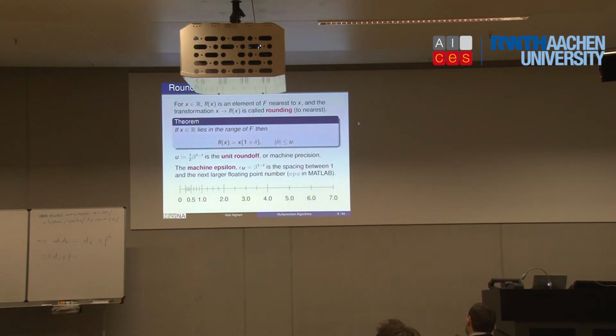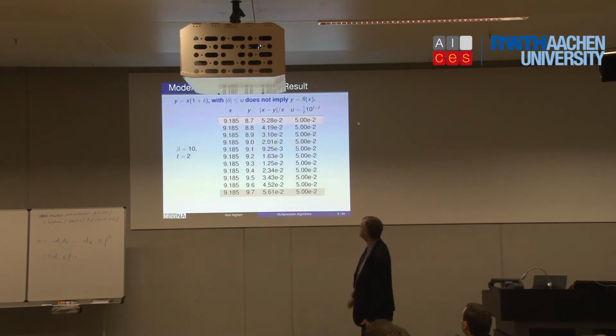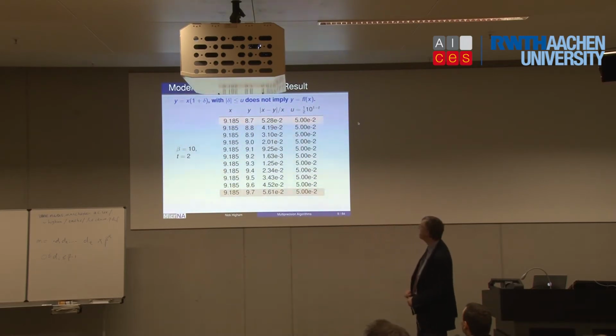Now, one thing that I must admit I've rarely thought about myself, but I'll put it on the next slide, is that the theorem only goes in one direction. So if you round x, then the result satisfies that inequality. But satisfying that inequality does not imply that y is the rounded version of x. So this is a rather subtle point. At the top there we've got again what the theorem said. If y satisfies the condition on the top line, that does not imply that y is the rounded version of x. And we can easily see that with an example.